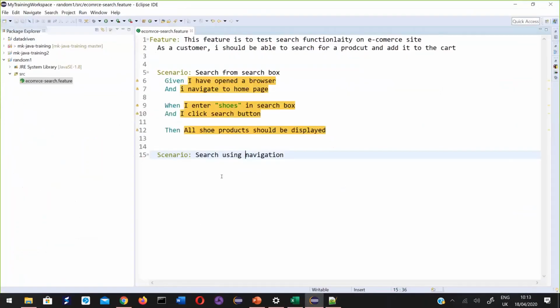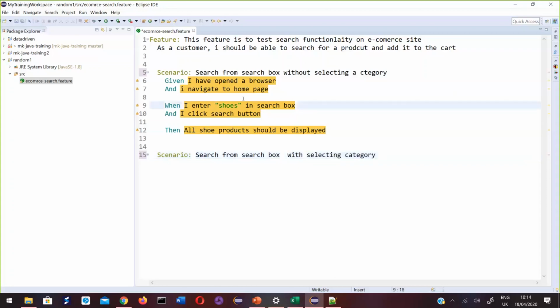Now let me change it to search from the search box, without selecting a category here, and with selecting a category.